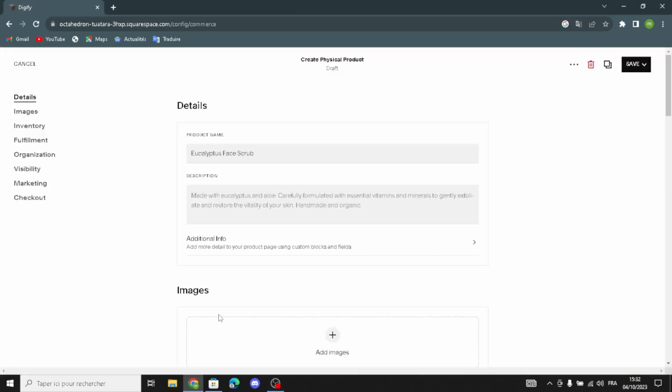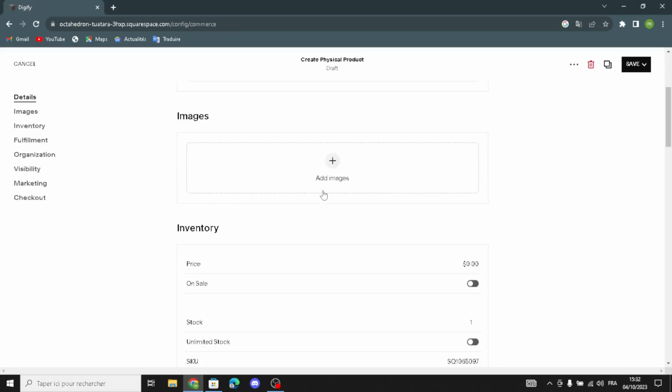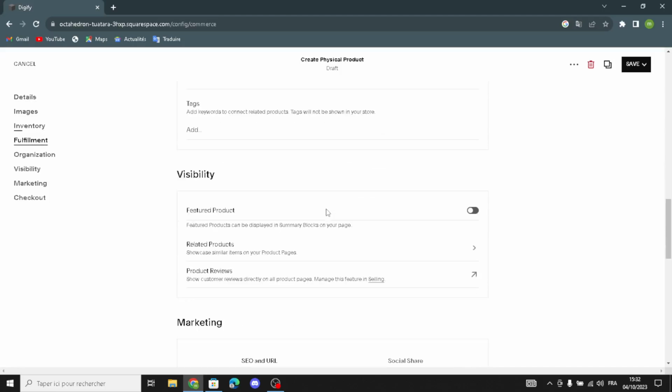After this you can just click here, and now you can describe more your product. Here you can add the image. So that's it. Now after this